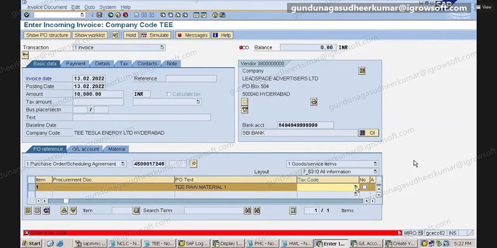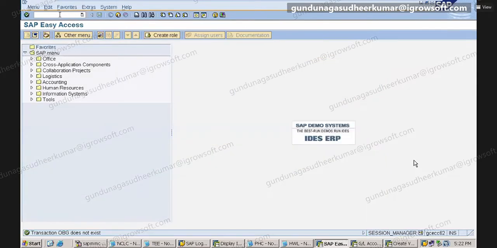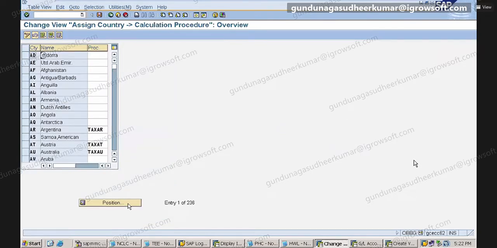Basic data. No, we need to assign the tax procedure in OBBG. Yeah, let us go back and see what is there in OBBG. What is the country?